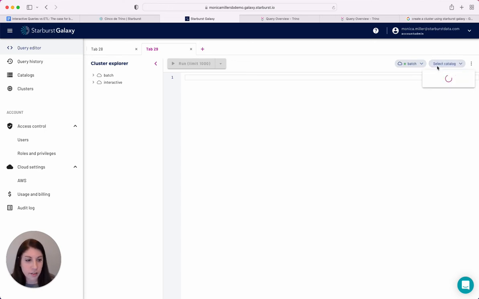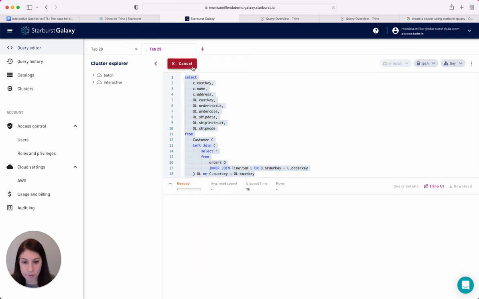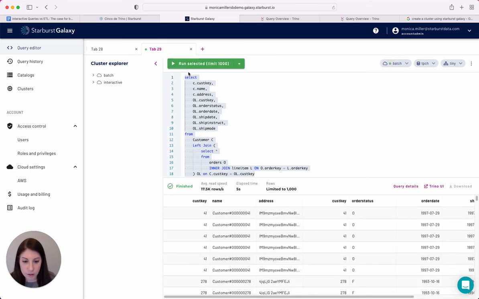Going to navigate to the TPCH catalog, and I'm going to select the schema tiny. Now I'm going to paste my query, which will be available in the part 2 blog tutorial post, and I'm going to run this query. We see the results pulled back,